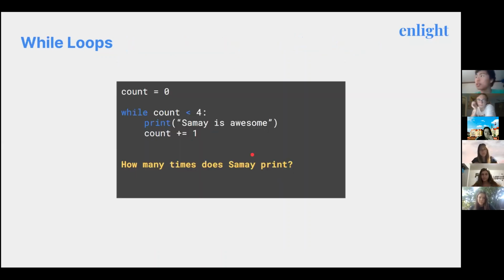Okay, so then we're gonna go through something else that's important for this demo. It's gonna be something called a while loop. You've probably heard of it before if you're familiar with programming. So what this is saying is, first we're gonna set a value of count equal to 0, and we have